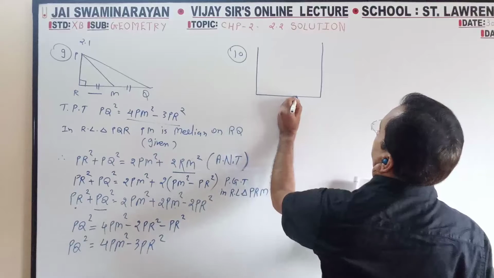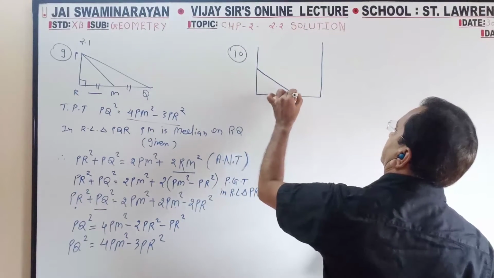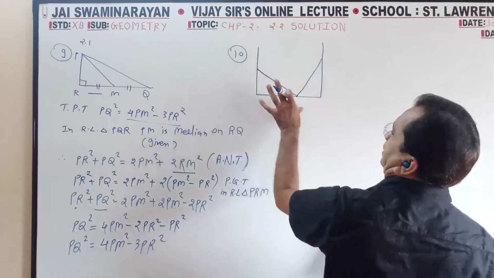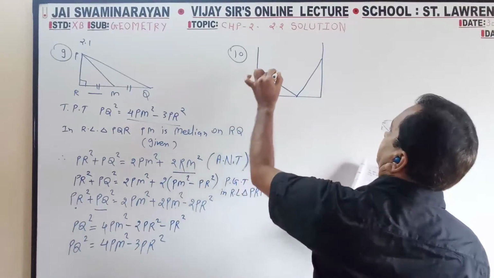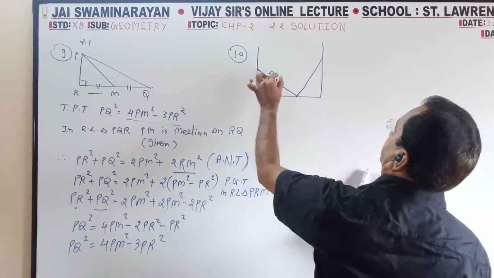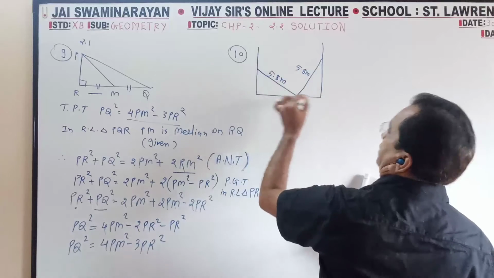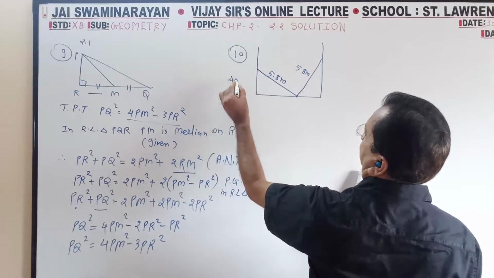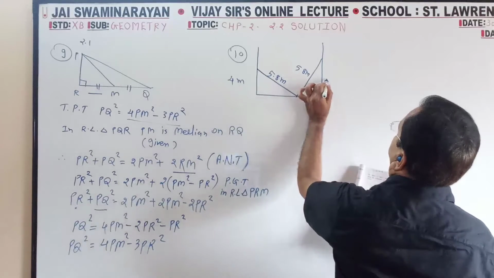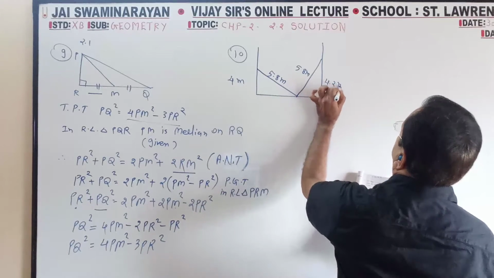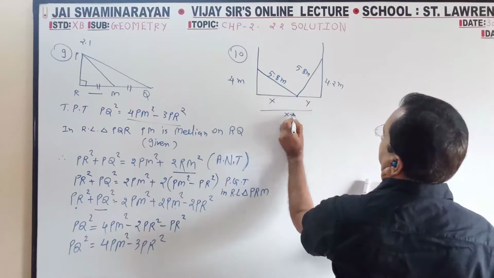4.2. From any point it is slant. Now the ladder first this side, then this side. So that is clear. 5.8 meter. If it is this side, at that time it is 4 meter. If it is this side, without changing base point, this is x, this is y, and we want x plus y.